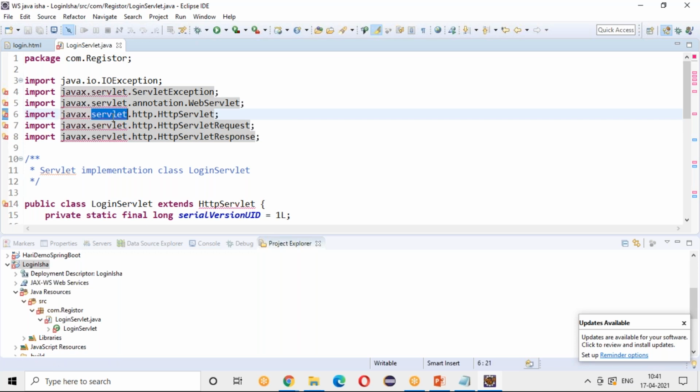Then it can identify this HttpServlet, which is coming from javax.servlet. Why? Because your servlet is not able to be identified. It cannot import. So I'll just do that configuration. It got hanged.